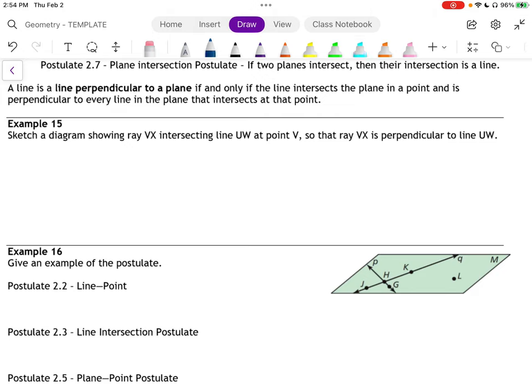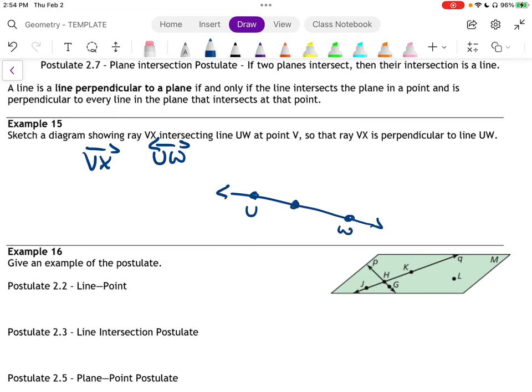We have ray VX, and then line UW, right? The line touches the ray at point V, and they're perpendicular. So we have this line, UW,